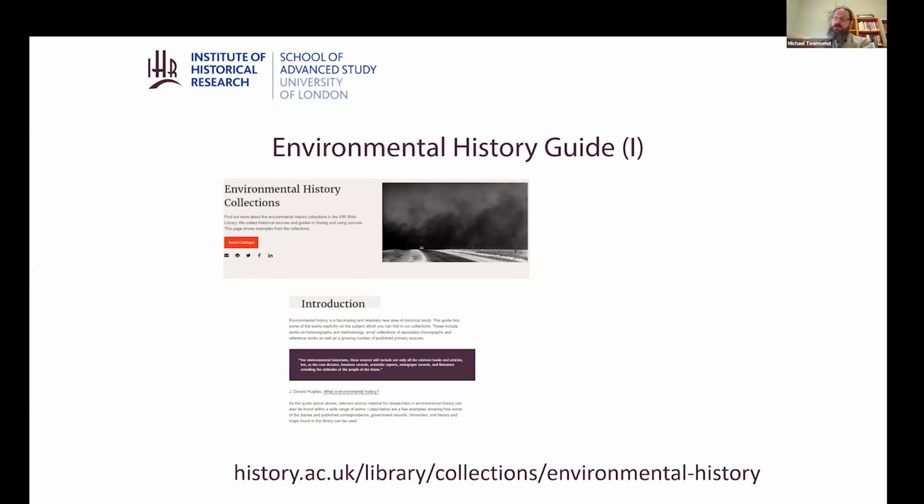If you decide to explore this guide, you'll see it's divided into several sections. At the top, there's guidance on searching and getting further help, followed by a large section showcasing some of the published primary sources you can find in the library, as well as published diaries and letter collections. You can find listed relevant travel accounts, for example, works about specific environments,